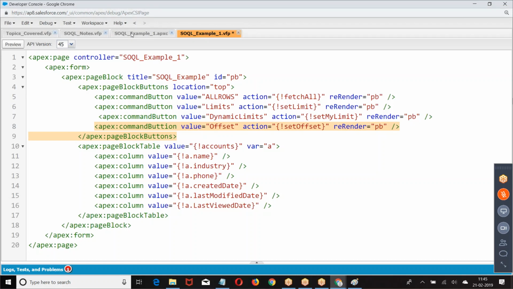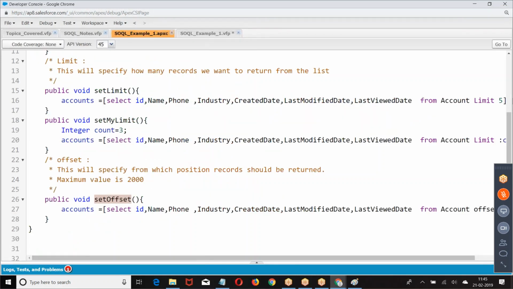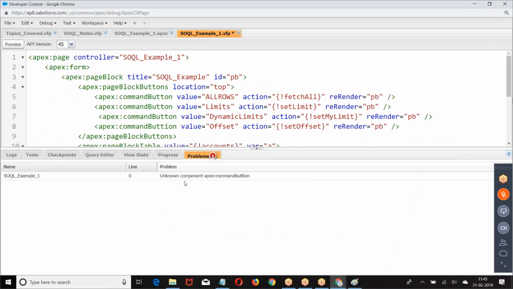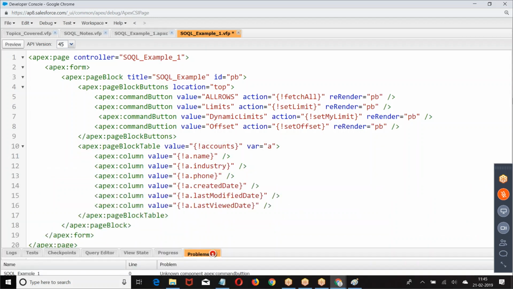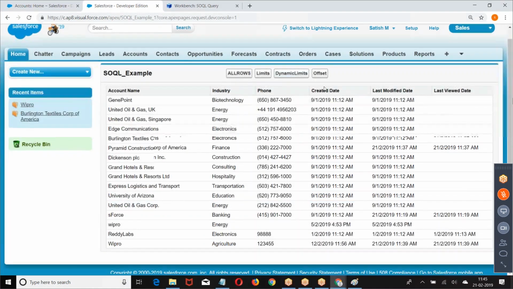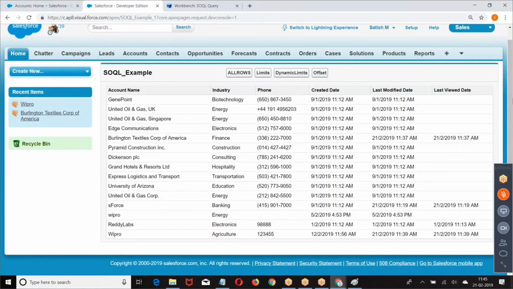Now we gave offset. Let me go back to the preview. I told it 5, so 0, 1, 2, 3, 4. From the fifth position, we are going to get the records.